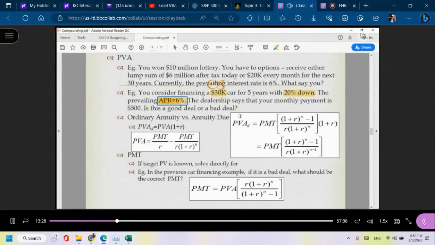how would you know, right? If you think about it, there are two ways you can find out about it. Two ways. First, think about it. If this $500 monthly annuity is the correct amount, then what should happen? Well, the present value of all these $500 must be exactly equal to the principal that you owe, which is